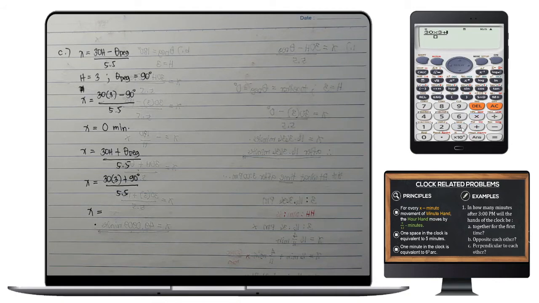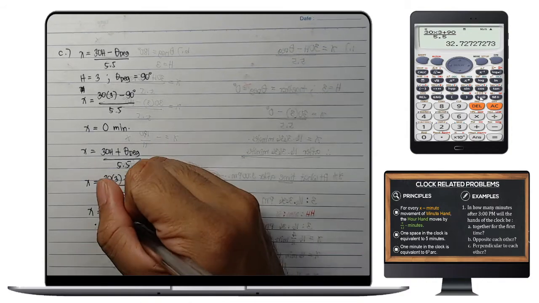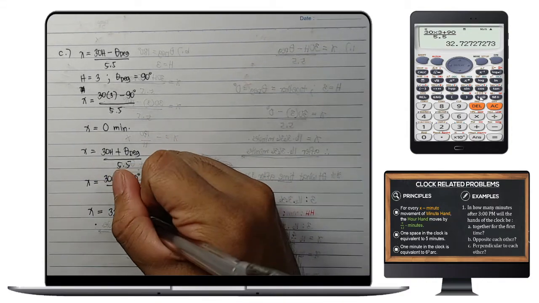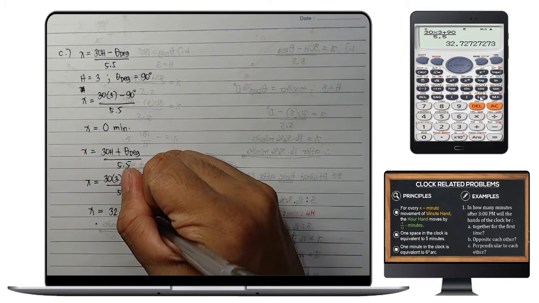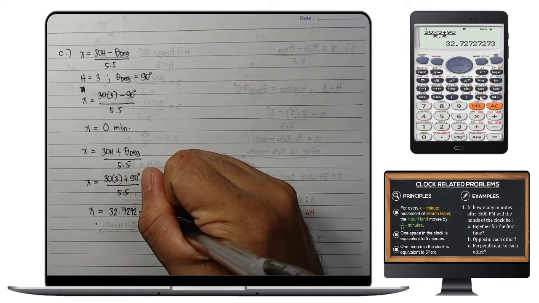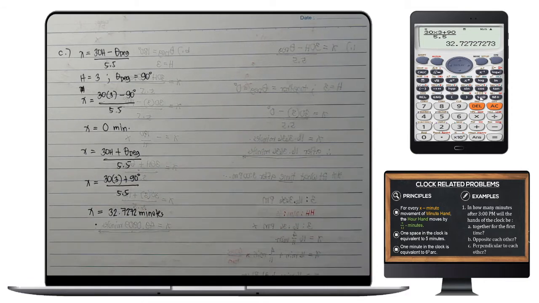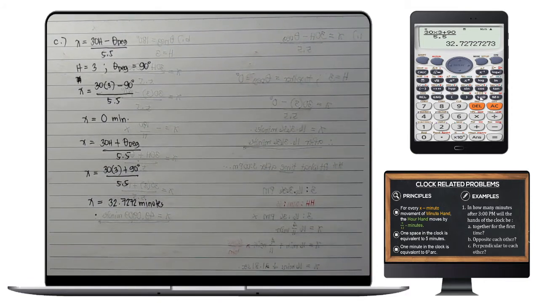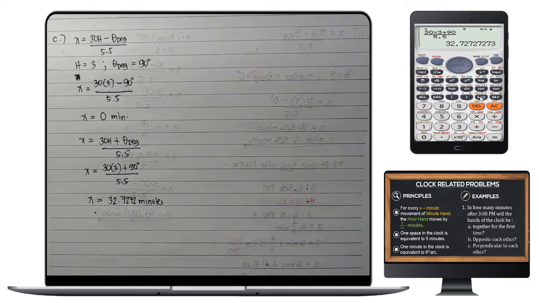So, ang pinagkaiba ay plus naman siya ngayon. So, that is plus 90 divided by 5.5. Equals. So, after 32 minutes and 7272. Okay? So, ibig sabihin, after 32.72 minutes, perpendicular na ulit yung ating angle, the displacement between the minute hand